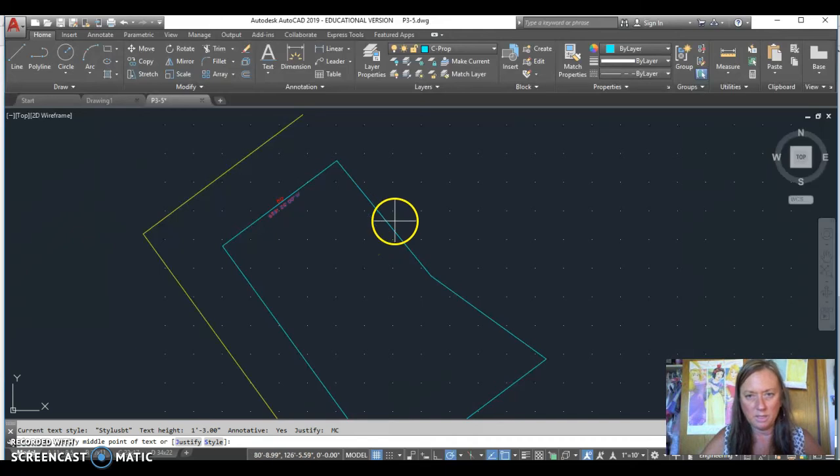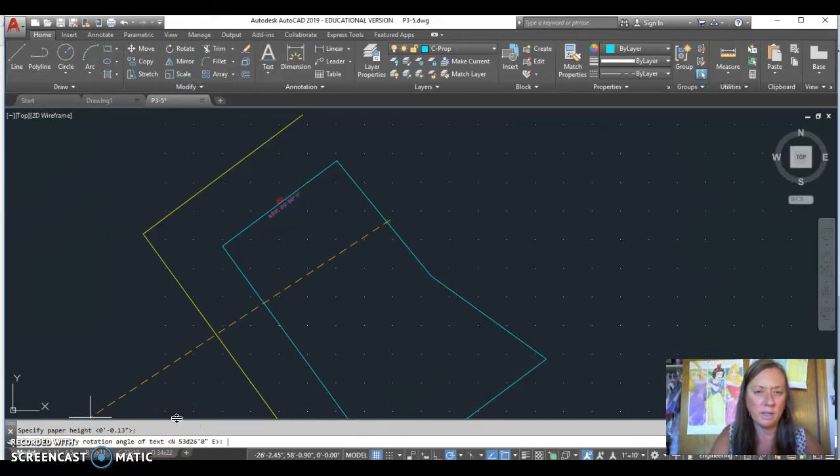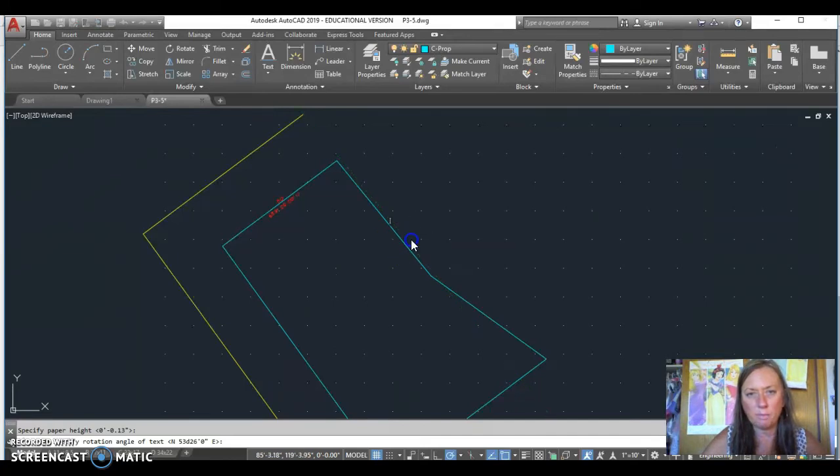Text. Middle center is my default, so I'm going to pick this as my point. Paper size rounded to 0.13 just because of our precision in our units. That's fine. And then now I'm going to say parallel to this line here, and I find that tracking line and I pick it. And again, I'm going to type in the actual length, which is 52.06 feet. Don't forget that foot mark. And I'm going to say south